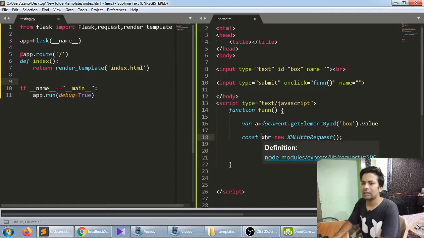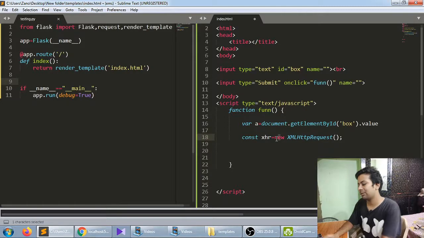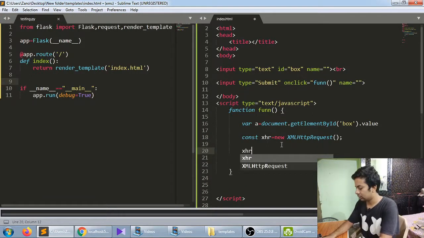We can take any variable name, but it should make sense. I don't know exactly what new means, but basically it's the new XML request, not the old one. Now we'll do xhr.open.